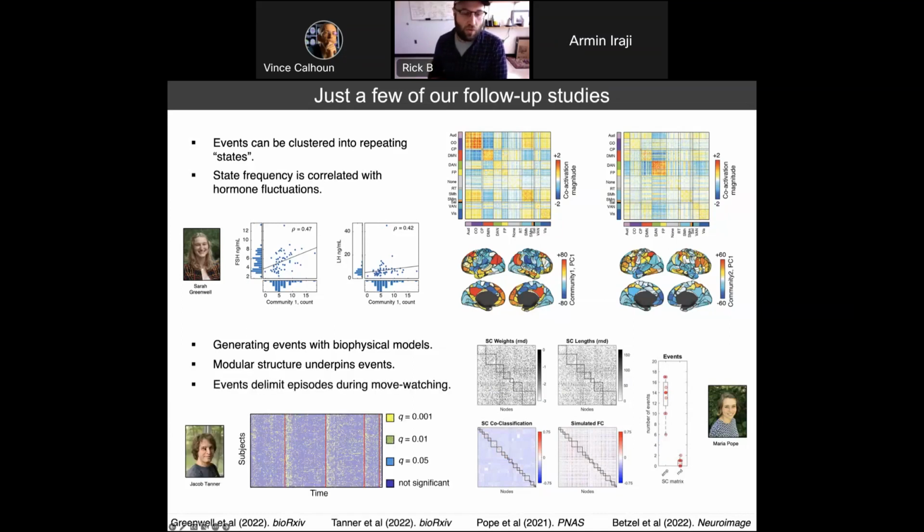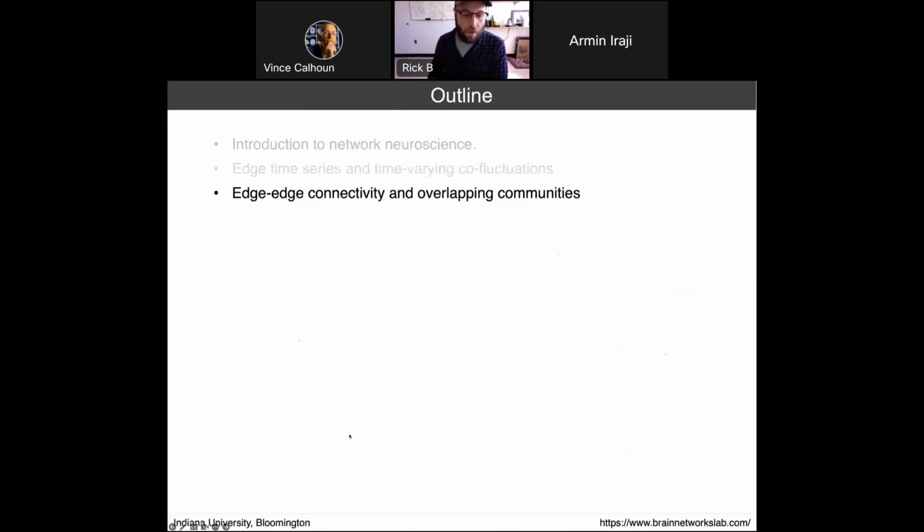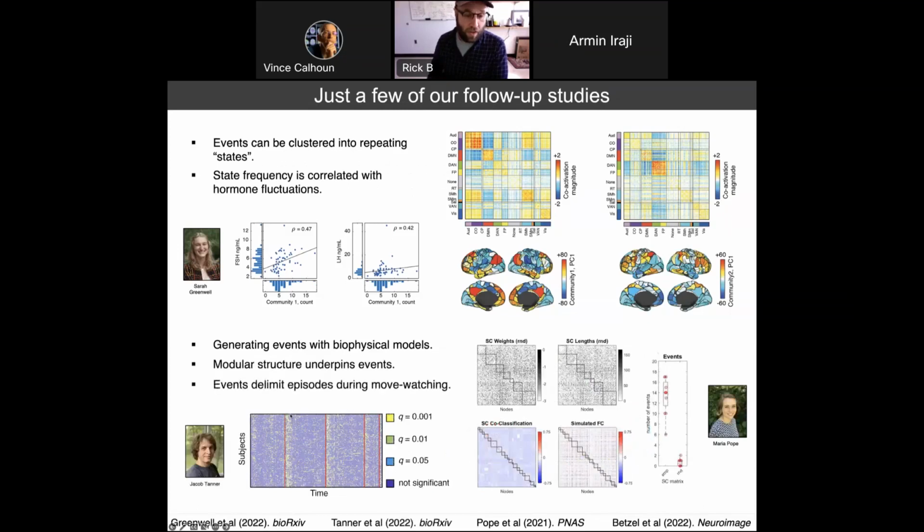And more recently, a graduate student in my lab, Jacob Tanner, has investigated the movie watching data in further detail. What he found was kind of interesting to us. He found that, indeed, as we saw in our previous study, events did synchronize across individuals, but specifically where these red lines are, these are boundaries between movie clips. These are short vignettes, 2 or 3 minutes long. Almost everybody, right at those boundaries, has events. Every row is a subject, and this is looking at the events across time. So events tend to occur immediately following the ending of movie scenes.